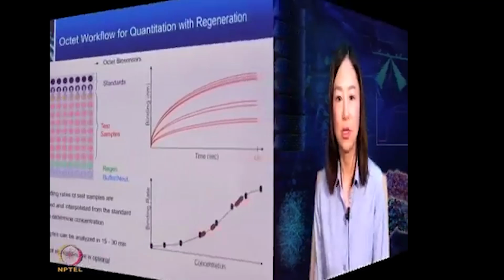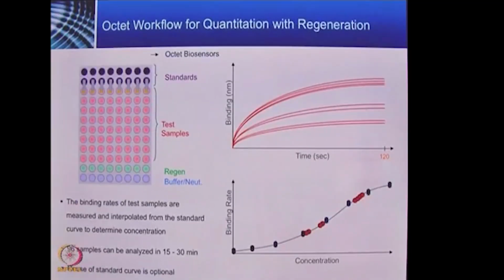Depending on the assay you are using, you can actually regenerate the biosensors, which means that you only need 16 or 8 biosensors to analyze the whole 96 well plate or 384 well plates. So this dramatically facilitates the application of the BLI technology in the pharmaceutical industry as well as in academic